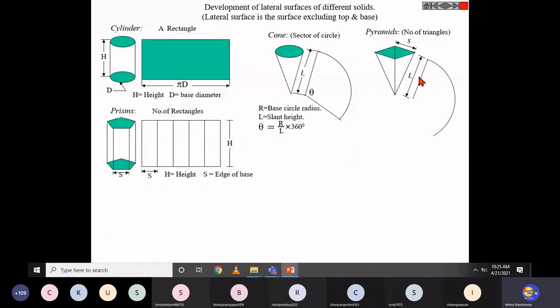Now see, in this pyramid we have straight edges on the bottom, and the slant edges are also straightly visible. Now when you unfold this, S indicates the side edges, the length of these side edges. This is the slant edge, this is the bottom edge. Let's say the bottom edge is 20 mm.